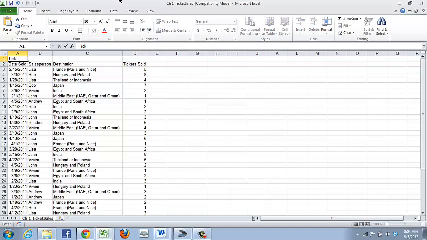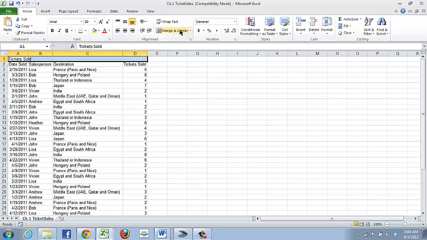So we're going to call this tickets sold, and then you'll want to highlight the area of that worksheet over which you want the heading centered. So if we center just tickets sold in cell A1, it's going to be centered within just cell A1. So it's not going to cover as a heading the entire data set. So we can select the area over which we want it